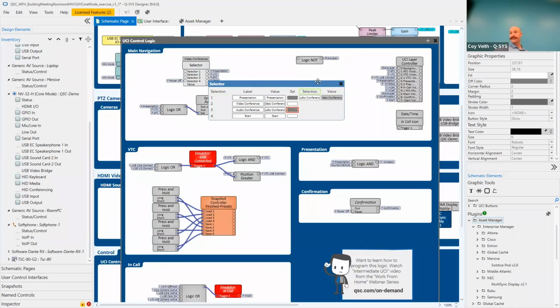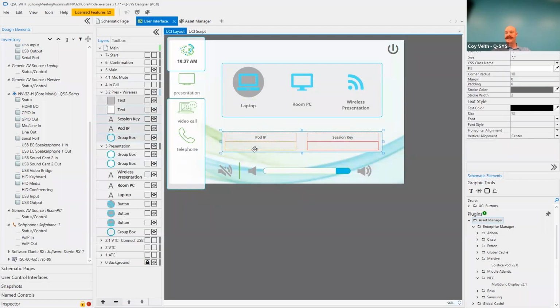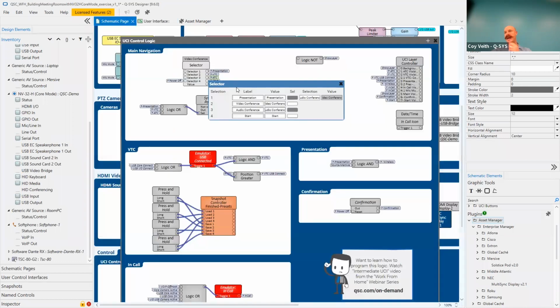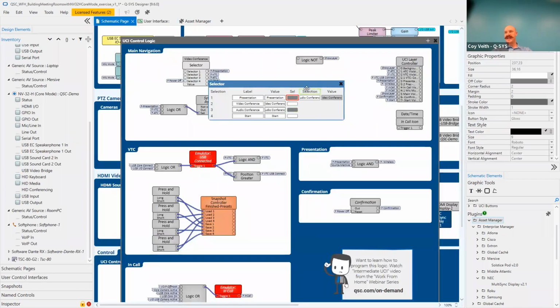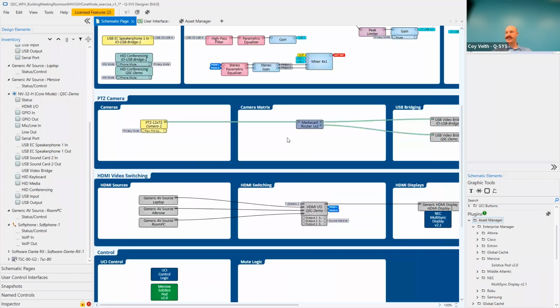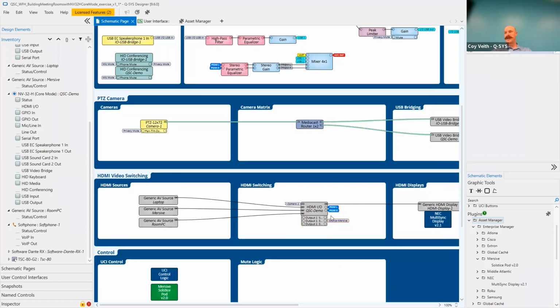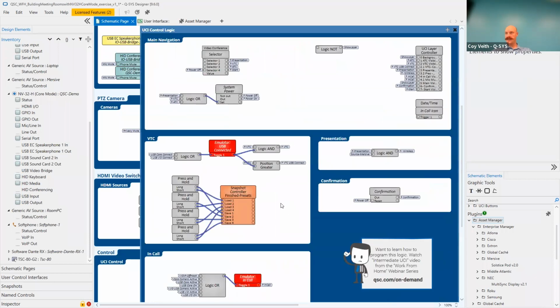So the way this wireless logic is working here, if we look at the user interface, we want this text to pop up when something specific happens. So what we've got here is when the presentation button is selected, this F presentation, you can see it's driving this control function down here, and the source immersive is selected, which I just connected down here to the output of our NV-32. This gives us a logic high when this is true. So when output 1 is receiving HDMI 2, we get a logic high, which connects,